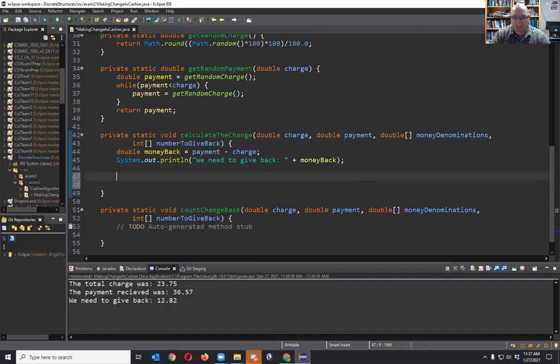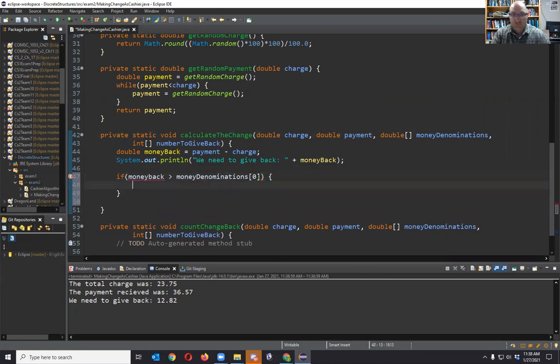So I'm going to say if money back greater than, and this is going to be money denominations of 0. So if it's bigger than this, then we need to say, all right, so we need to do,